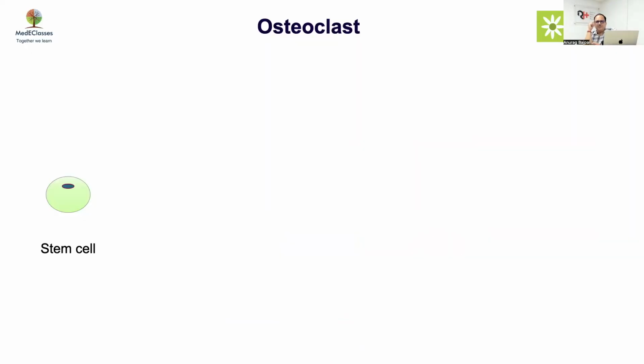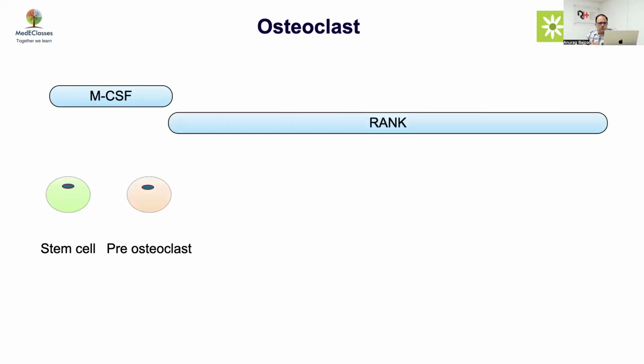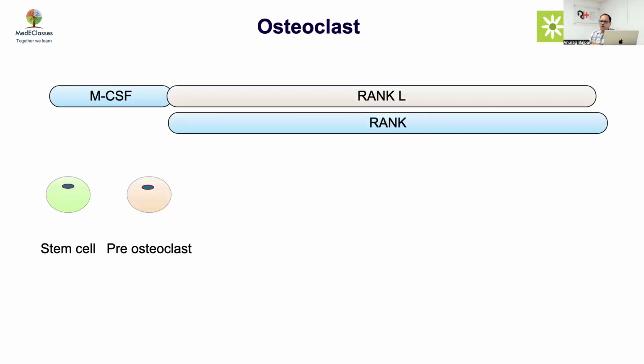So they are exactly like macrophages. Their structure is quite similar to macrophages, and they are syncytial also. They have multiple nuclei as well. Under the influence of the same M-CSF, macrophage colony stimulating factor, they get converted into pre-osteoclasts, and from then